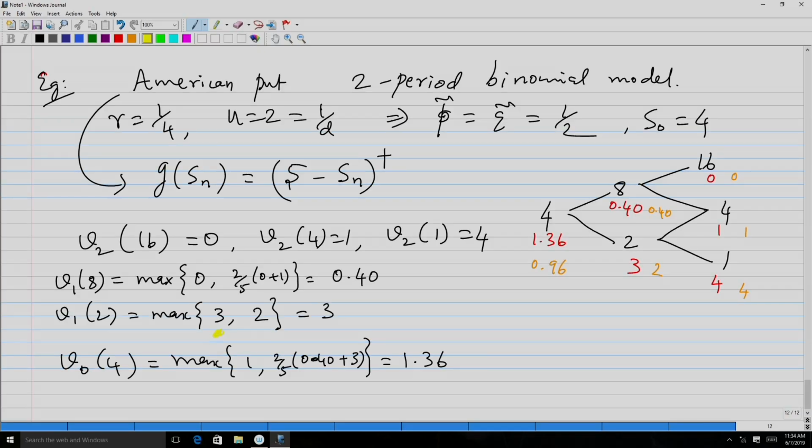So obviously at time 1, the down node is an optimal exercise point, and that connects to the computation of V1 at 2 in the case of the American put. This optimal point is connecting to this part. This 3 is obtained through the first quantity. So those are the time points at which it is optimal to exercise, because to continue hedging,